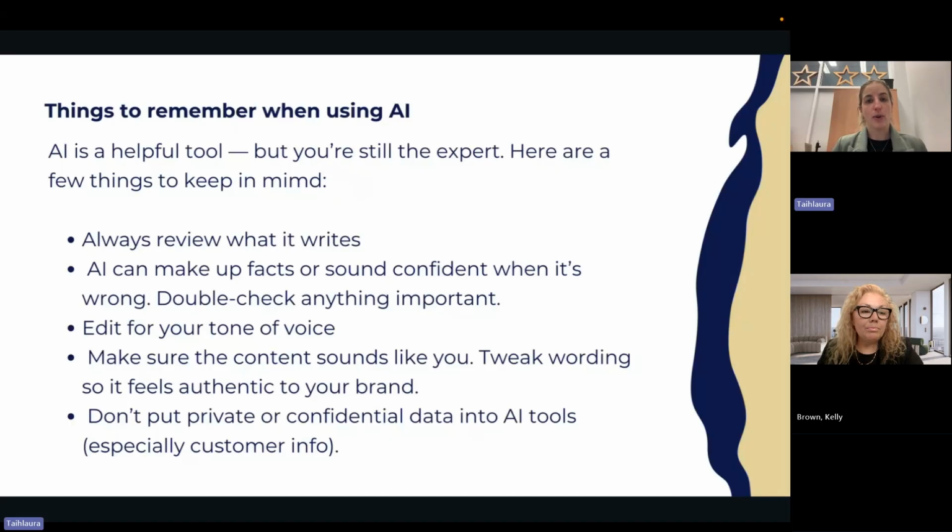Edit for your tone of voice. So if you've got a unique tone of voice in your business, you want to make sure that that is actually being showcased in the content that AI has created. And over time, it might start to learn what that tone of voice looks like, but particularly in the early stages, it's not going to quite have it right. So we want to make sure that it's using words that we would use. It's not adding things that don't feel right or too much jargon. So really making sure that it is for our tone of voice, or even ask it as a prompt that this is what our tone of voice looks like. Can we make sure it aligns with that?